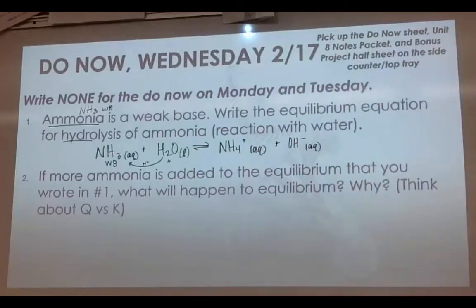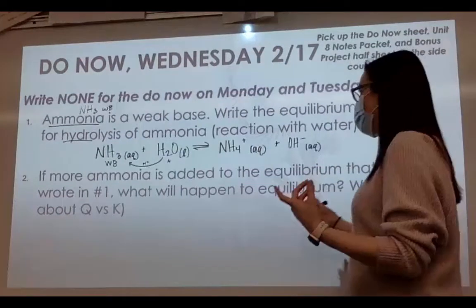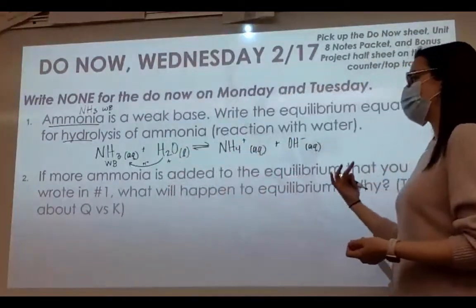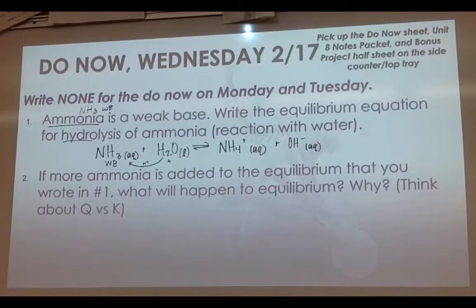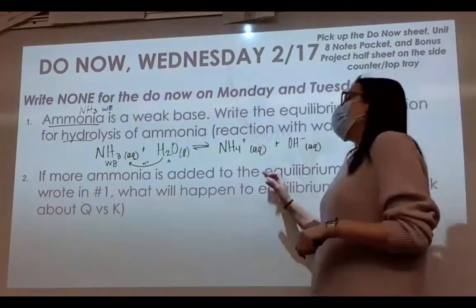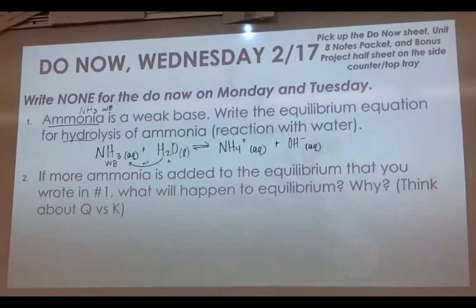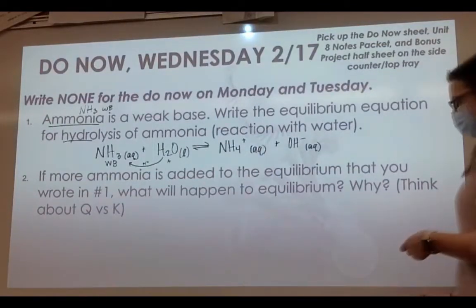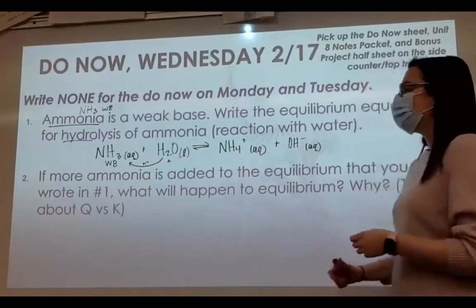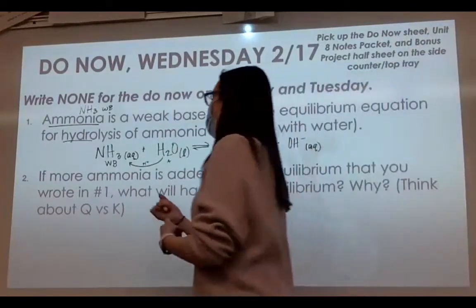Ions are always aqueous. So that's our reaction for number one, the hydrolysis of ammonia. The reaction of NH3 with H2O is at equilibrium with NH4+ and OH-. Then number two, if more ammonia is added to the equilibrium, what will happen and why? And I said think about Q versus K. So if we add more ammonia,